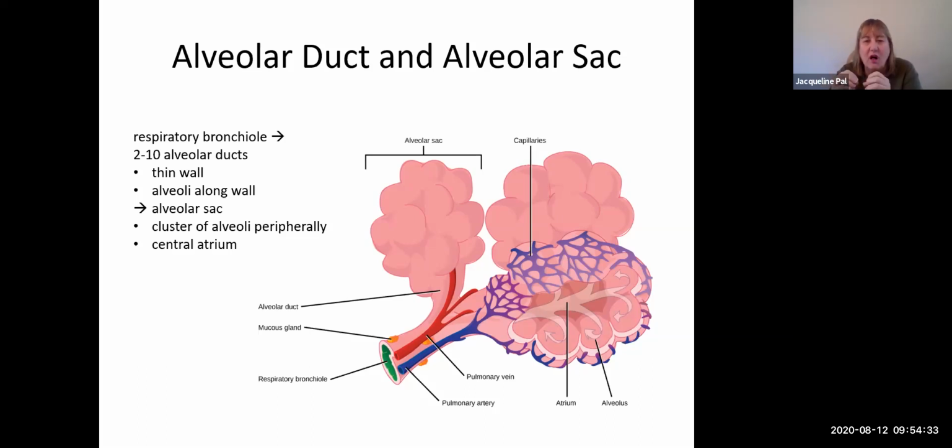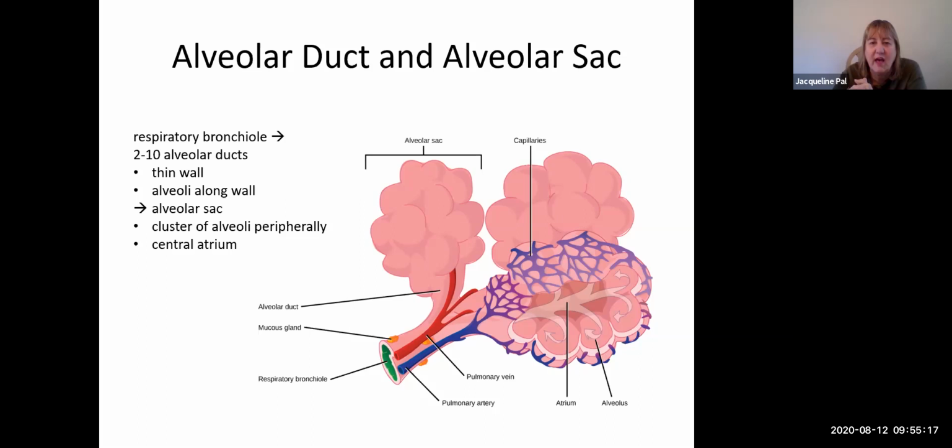a very thin wall, and along their edges they have the alveoli, forming what is known as an alveolar sac, that so-called bunch of grapes. However, unlike grapes, each of which is distinct and has a wall all the way around, this is a little bit different in that they're all functioning kind of like one big house, and so the walls and parts of the walls of the individual rooms or grapes are removed. And so you have this atrium area, center space in the middle, from which the alveolar sac have openings into